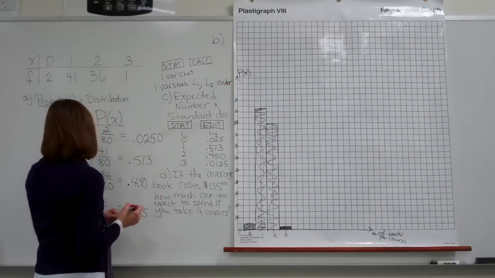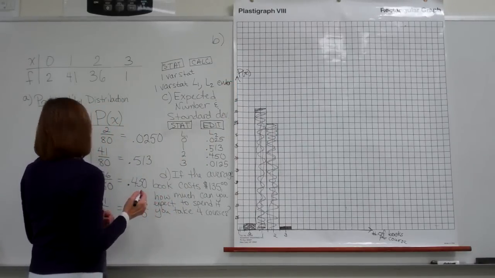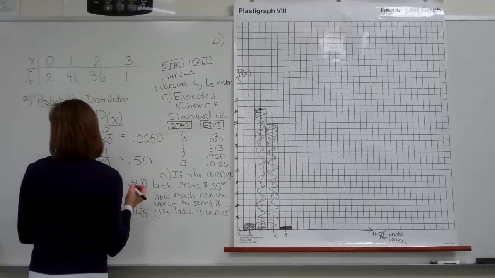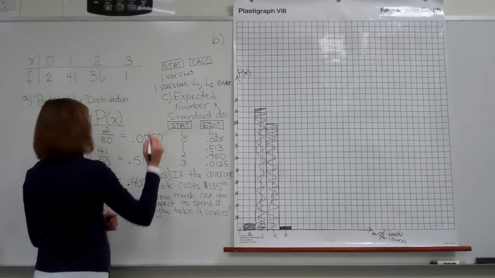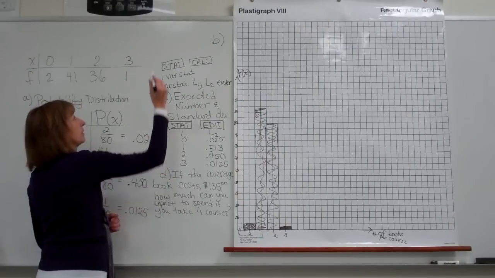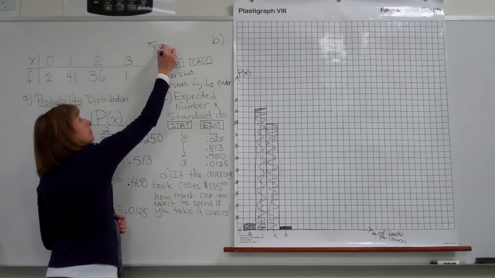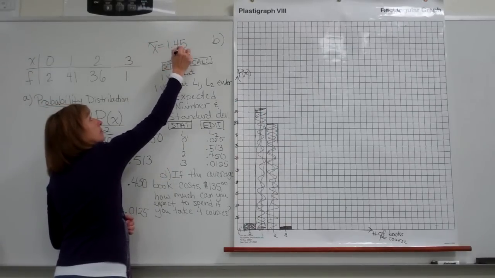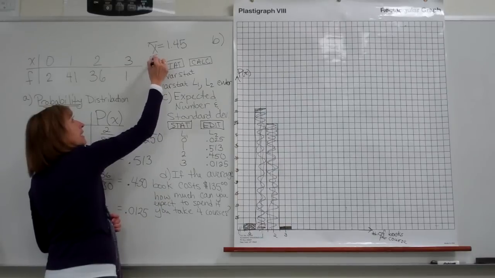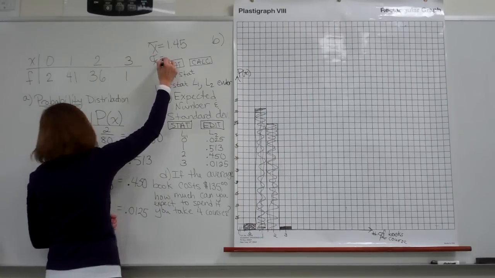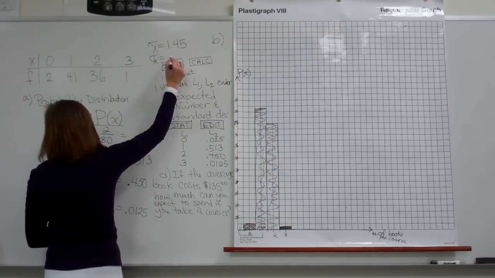And when you see that, you'll get a mean of 1.45. And you'll get a standard deviation, sigma sub x, of 0.0